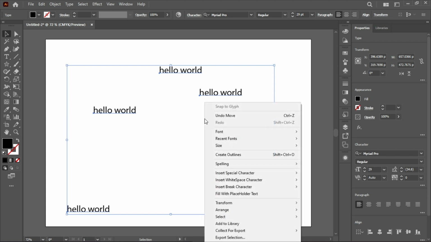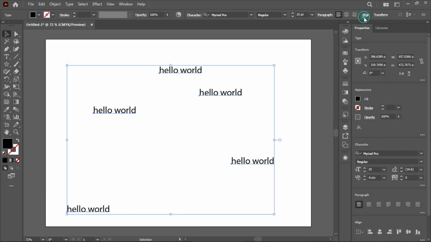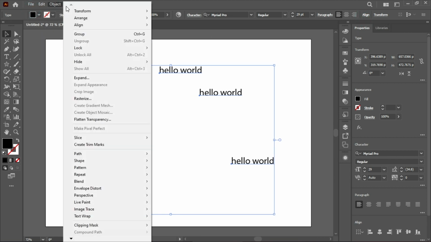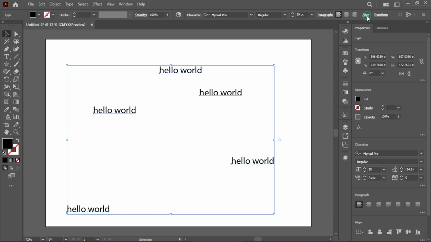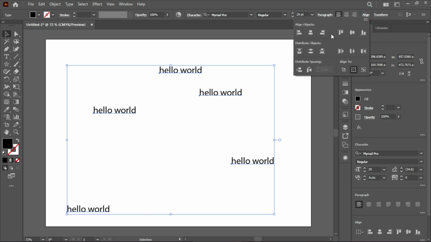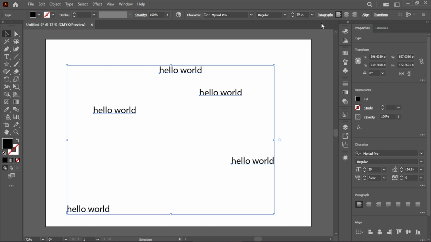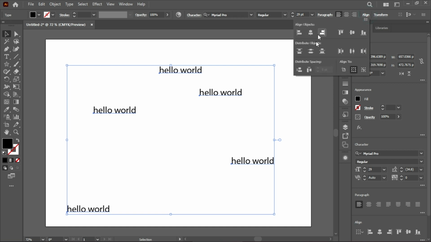We can either right click and then select align, or we can just select this align option over here. Okay, or we can go to the file menus over here and then select align in object menu. Okay, now I'll just select the align panel. All right, now let's select the align panel, and then I'll show you how to align your objects and how